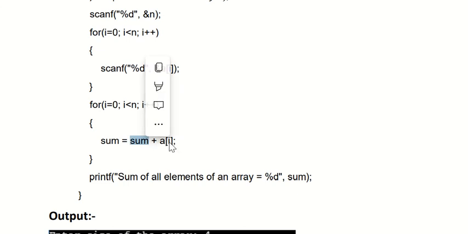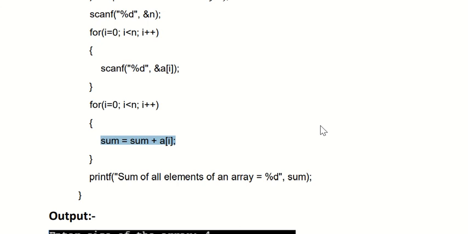So here 0 plus a[0], whatever number is stored at a[0], it will take that number. So 0 plus that number will give you the new value of sum. Then closing bracket, again i plus plus, now i is incremented by 1, then again condition checking, that is 1 less than 5, the condition is true, again inside the for loop. Now again sum equal to sum plus a[i].